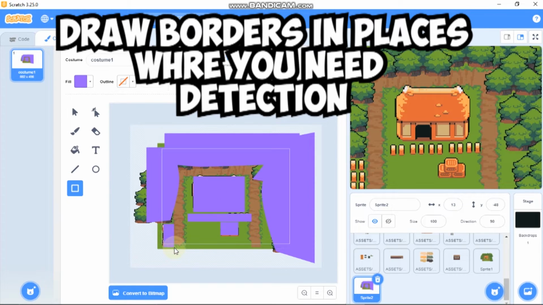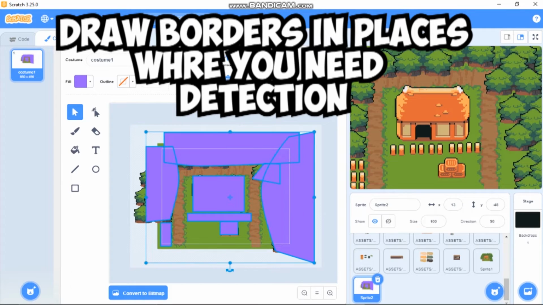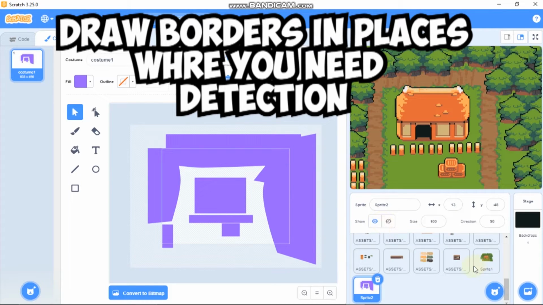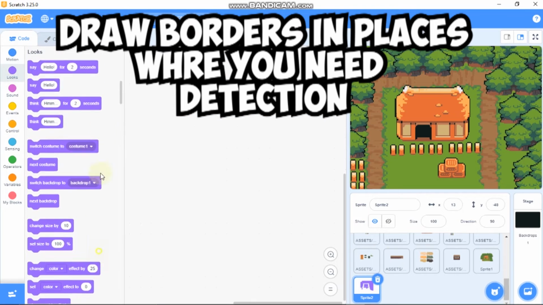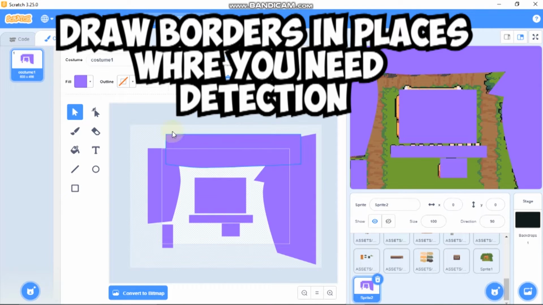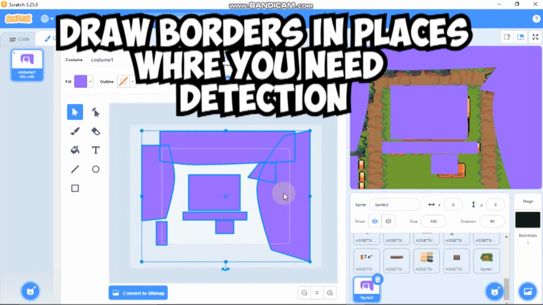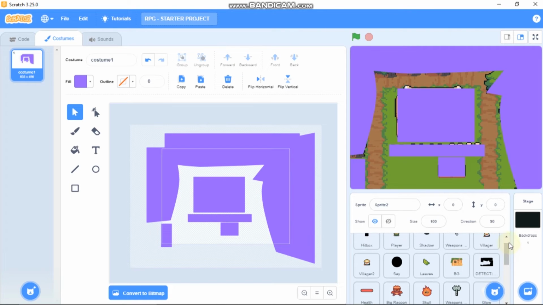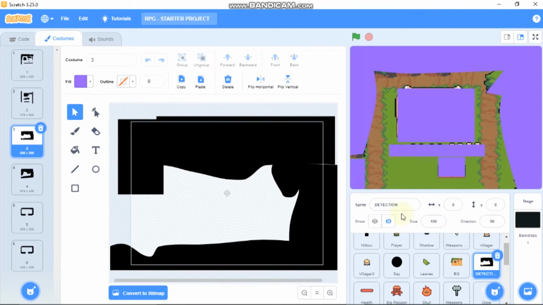And after that, just shift select everything, then copy, delete everything and paste it back. And I can see we got the detection. So I set it to front layer, and I can see we got all the detection. So if it's not correct, you could just select everything and then place it correctly. So doing this step is really important. So that's how our player would detect and collide with things, and I have done it for each and every one of my costumes.